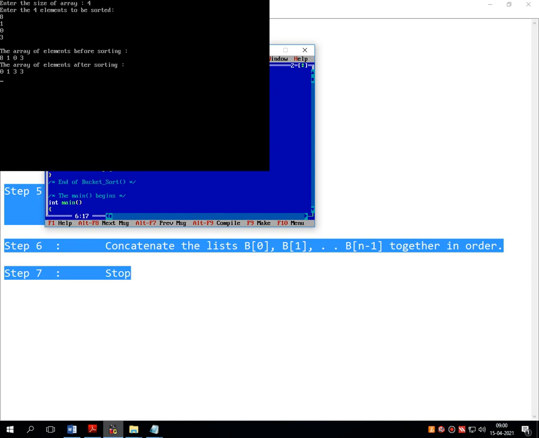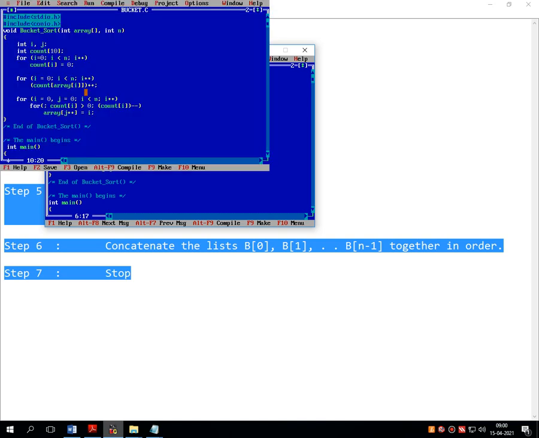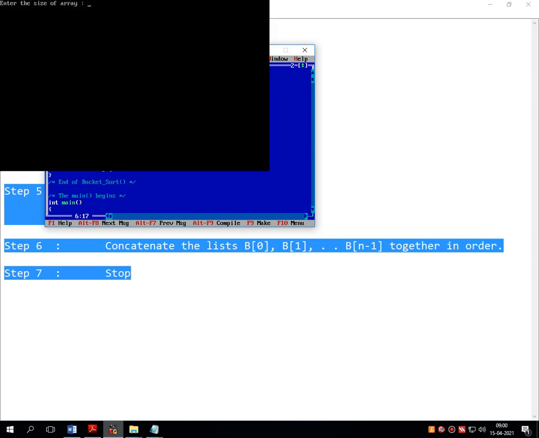What will be the output? 0, 1, 3, and 3 is repeating. Give 5 numbers: 3, 1, 0, 2, 4. 0, 1, 2, 3, 4. As you can see that there are sorted numbers like this: 0, 1, 2, 3, and 4 onto the screen